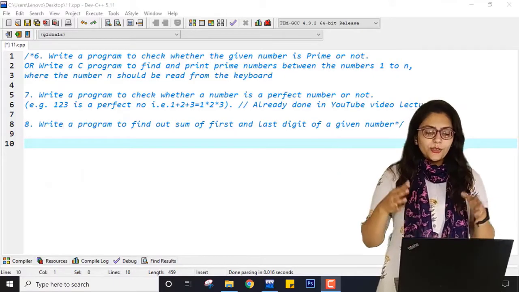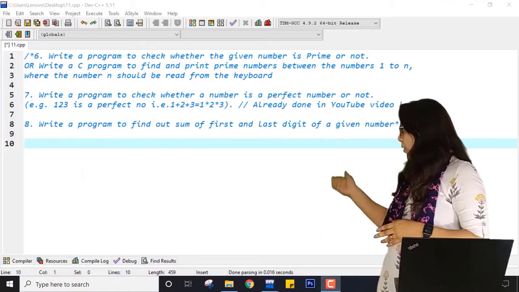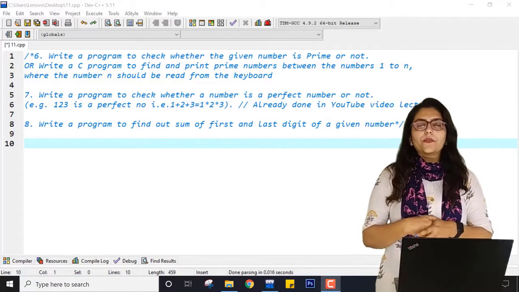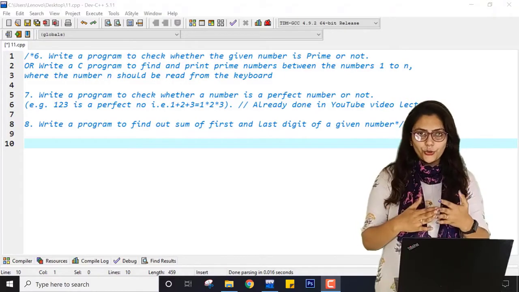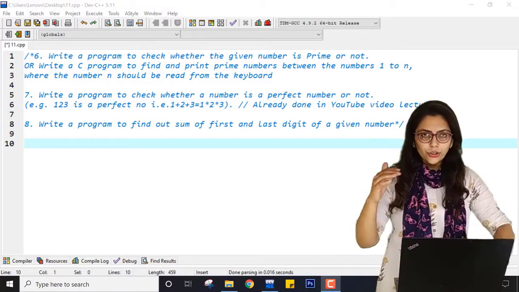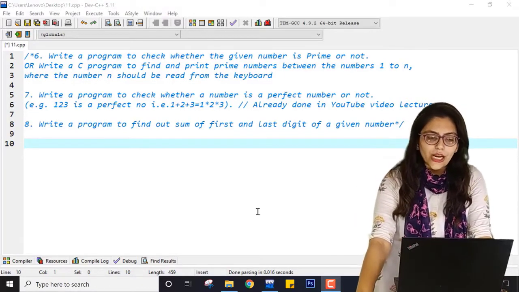Hello students, in today's class we are going to perform the remaining practicals of the advanced practicals for looping statements, part 2. Before heading to these practicals, I would like to tell you that the 7th practical,